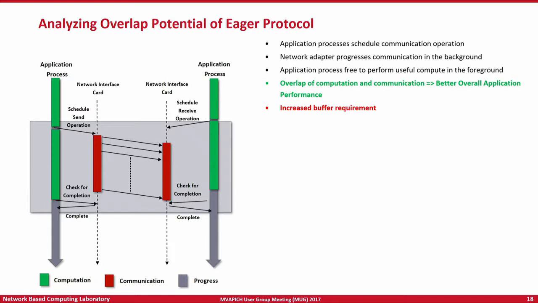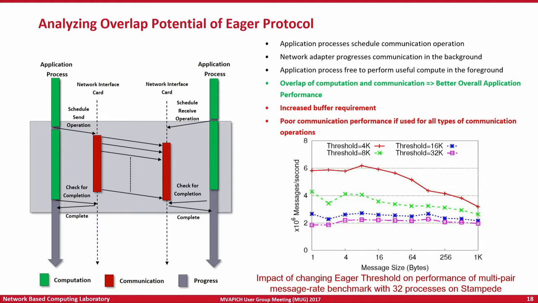So the problem there is, if you push up your eager threshold to a very large value, as you see here, it negatively affects your message throughput. On this graph, we look at the impact of eager threshold size, and consequently your internal communication buffer size, on your message throughput. As you can see, as your communication buffer size increases, your message throughput actually takes a big nosedive. So if you simply change your eager threshold and your internal communication buffer size without knowing what your actual communication pattern is, you get significant degradation in performance.